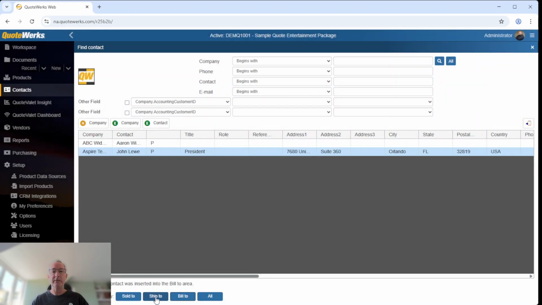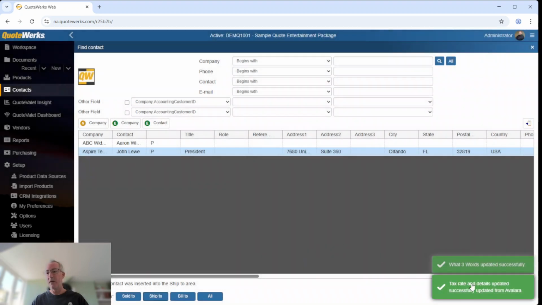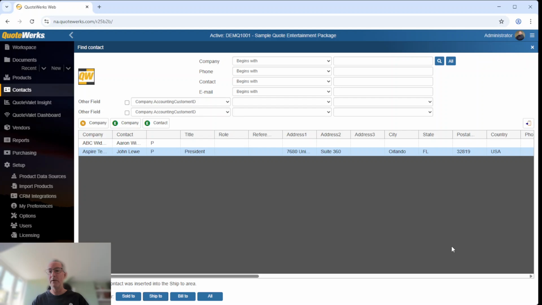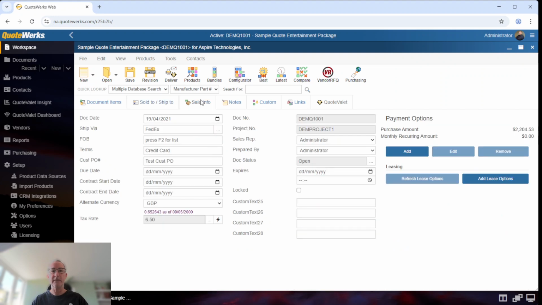Now if I hit ship to, which is obviously where I'm delivering the goods, I get these two toasts. I get the toast that my What3Words and my tax rate has been updated from Avalara. So if we go to the sale info tab, as you can see, 6.5% for Aspire's particular